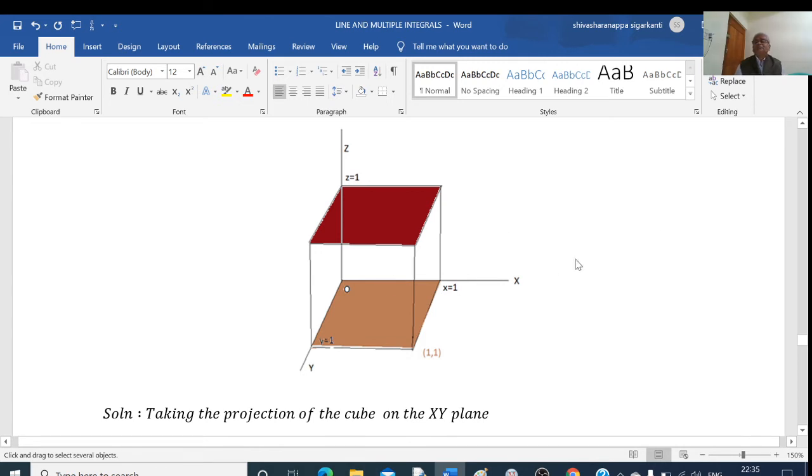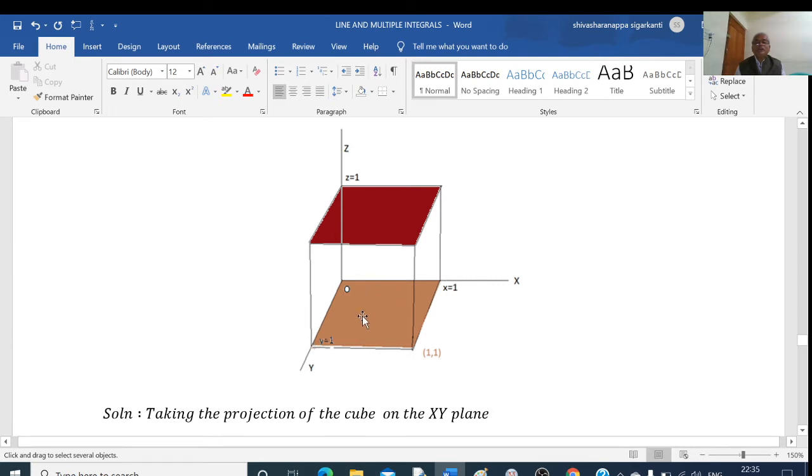So that is, you can take the projection on any one plane here. I will take the projection on the xy plane. I have to find out the volume underneath this surface. Okay, volume underneath this surface, that is, volume between this surface and the xy plane. As this is a cube, length equal to 1, breadth equal to 1, and height is also equal to 1. And if I take the projection of this plane on the xy plane, I am getting the same figure here because this is parallel to the xy plane. I am getting the same projection.